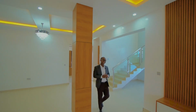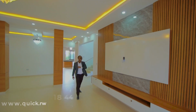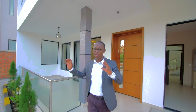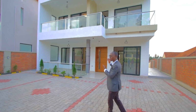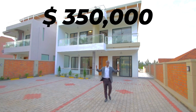We saw this nice house. I mean, one last peek at this TV wall. This house is located in Kibagabaga, one of the primest zones in Kigali, and it's in a nice location with 4 bedrooms, 5.5 bathrooms, 2 living rooms, 4 car parking spaces, 471 square meters of land, and you can buy this for 480 million Rwandan francs, or this with the current exchange